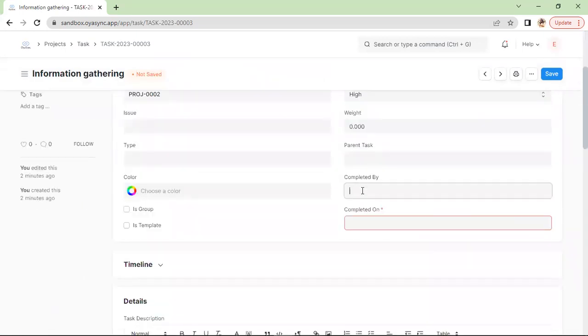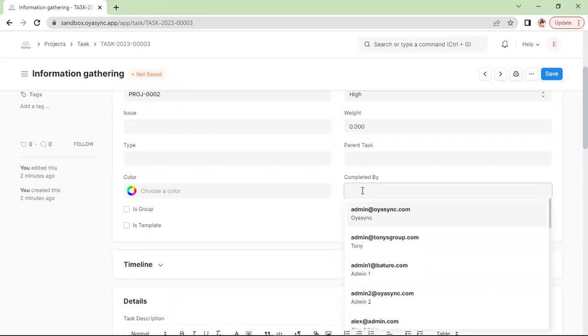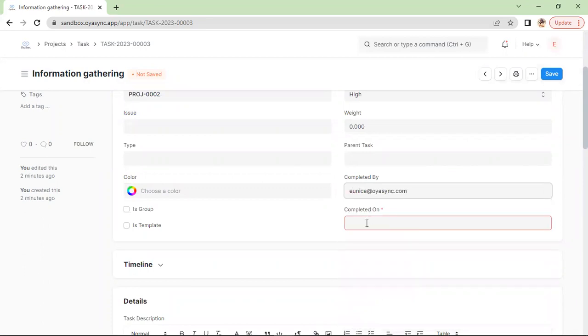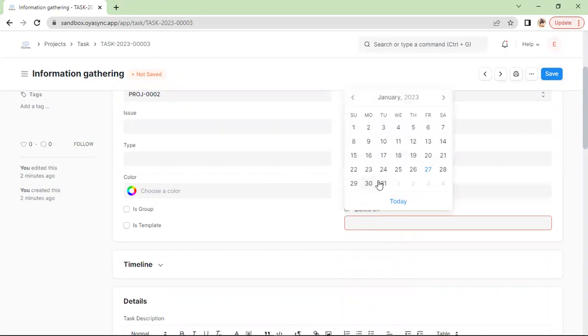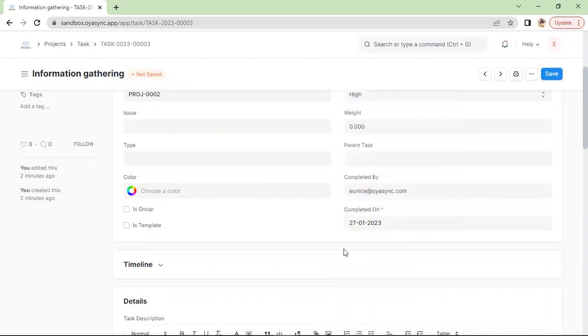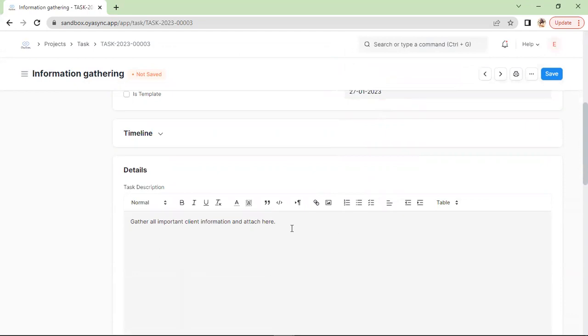And whoever is responsible for this task that has completed it will reflect his or her name. Here we assigned the task to Eunice, and it's assumed that Eunice has completed the task on the day she has completed it, which is today. Now, this was the information or the description that was given by the project manager. Now, if the team member has completed the task, he should reflect what he or she has done here on the task description. Now, say